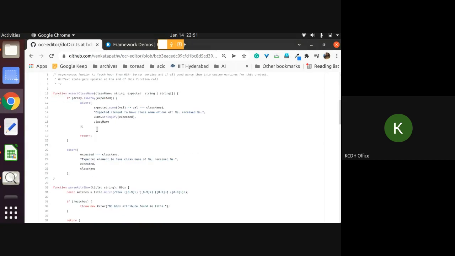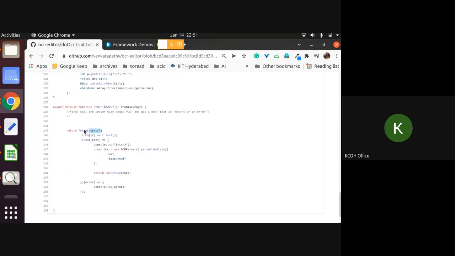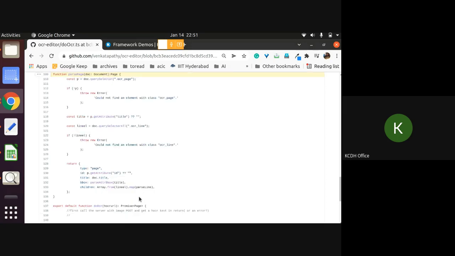It's called in some of the components, so it will just fetch that image's HOCR URL, which will return a text. That text will be passed and sent to a parse page function. Again, parse page is a function. All this you just have to keep accessible and use when it is needed.